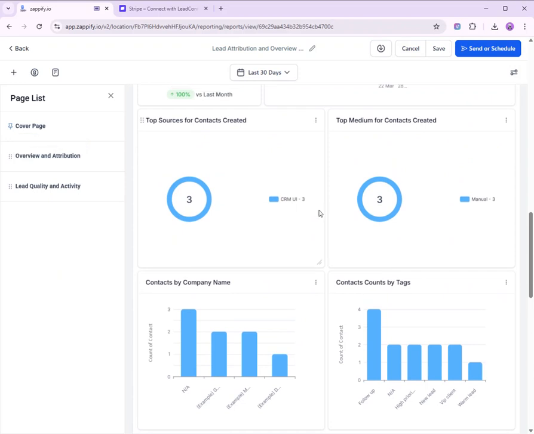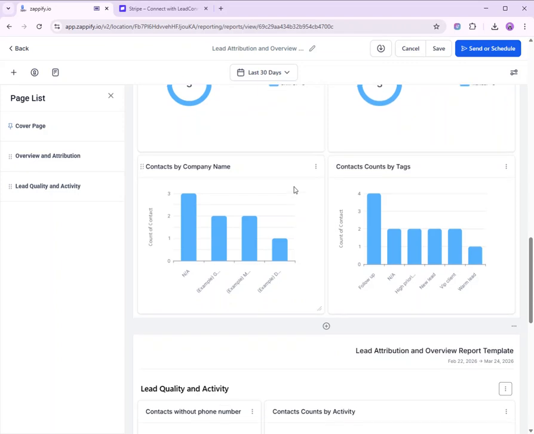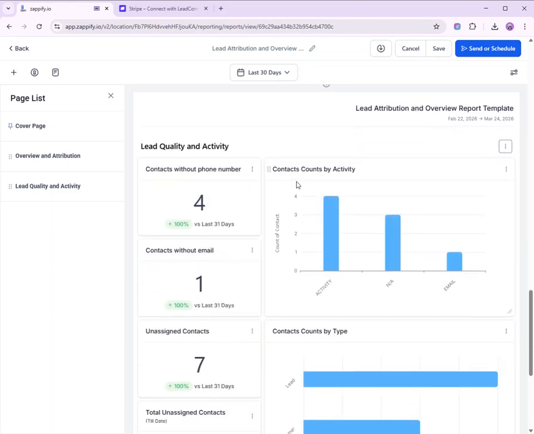Just as I've said earlier, you can view the key metrics like the pipeline, and you can use the date filter to analyze performance by day or week or even month.